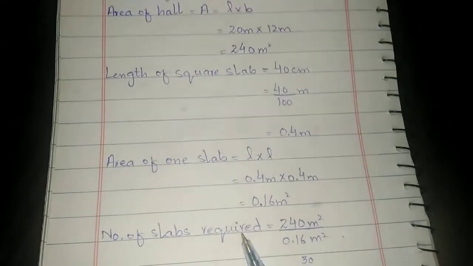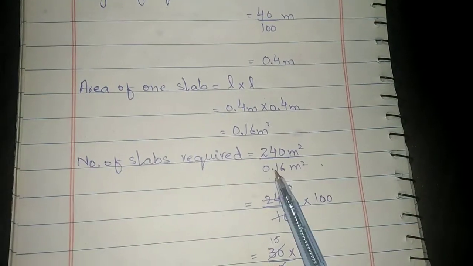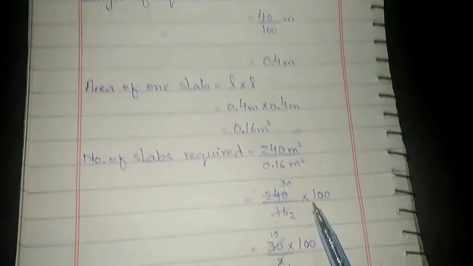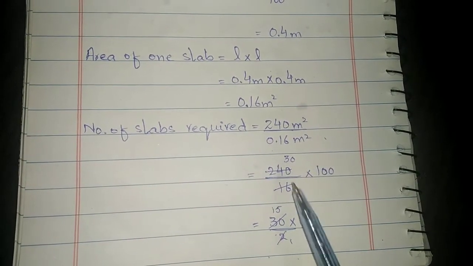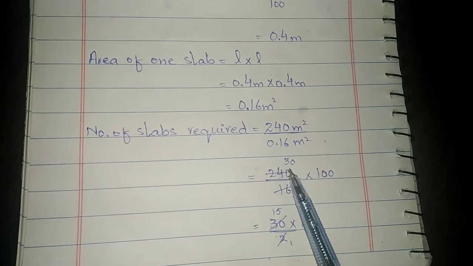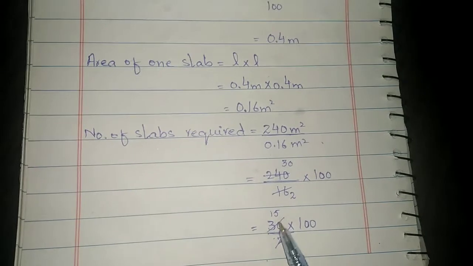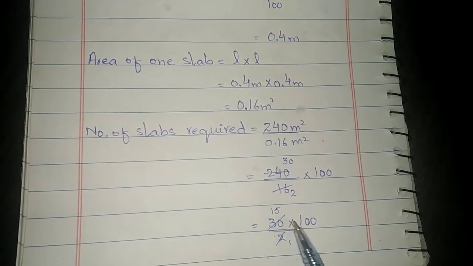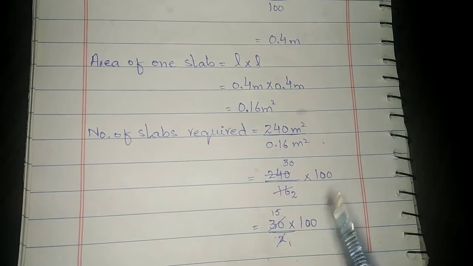Now we have to find the number of slabs required. We have to divide the area of the hall over area of the slab. So after removing this point, we get 100 in the numerator, and we have to cut 240 and 16 on the table of 2, on the table of 8, 8 2s are 16 and 8 3s are 24 and 0 as it is. Then 30 over 2 multiplied by 100, and on the table of 2, 2 1s are 2 and 2 15s are 30, multiplied by 100. So 15 multiplied by 100 is equals to